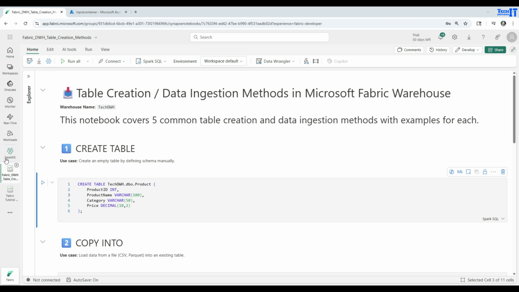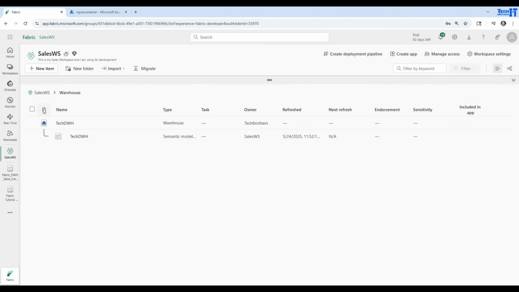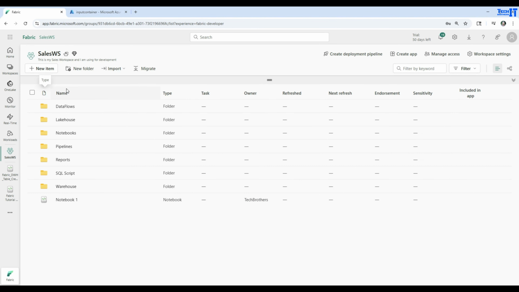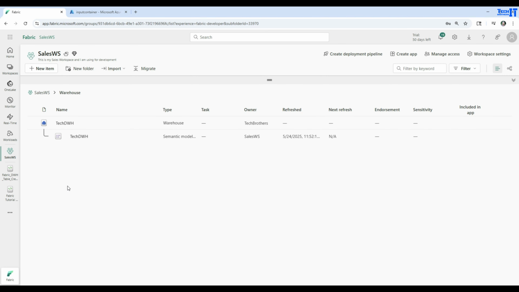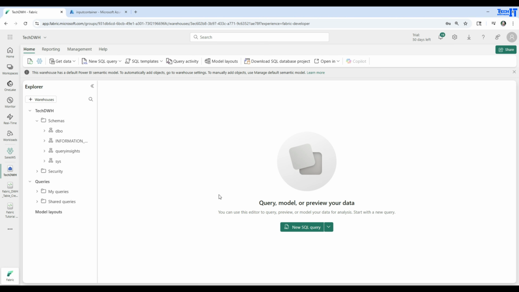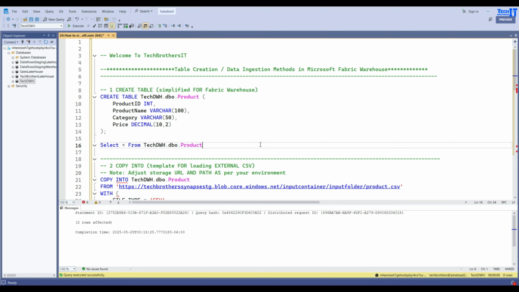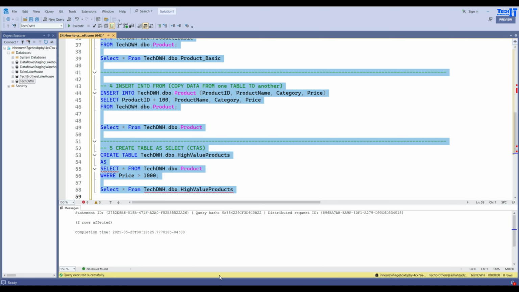So let me take you to the workspace here, and this is my sales workspace, and here I have different folders that I created to manage my different items. One of them is called warehouse, and in the warehouse I have created a tech data warehouse. Now if I click there, it's going to open this window, and I can go ahead and say new query. Now I can simply copy paste my T-SQL code,